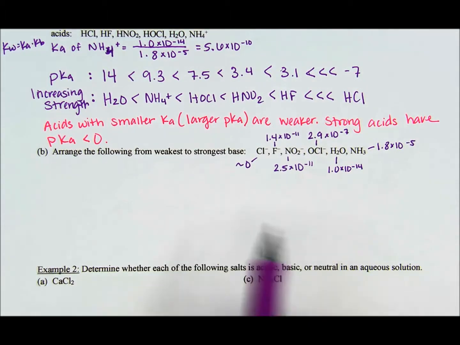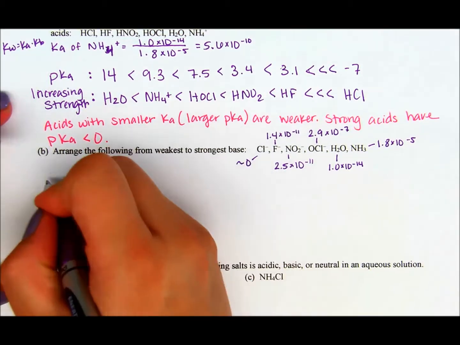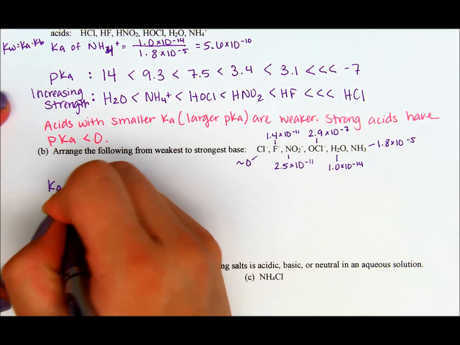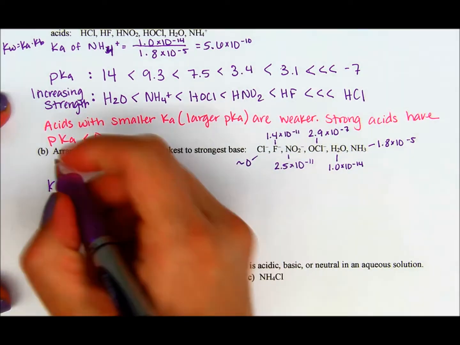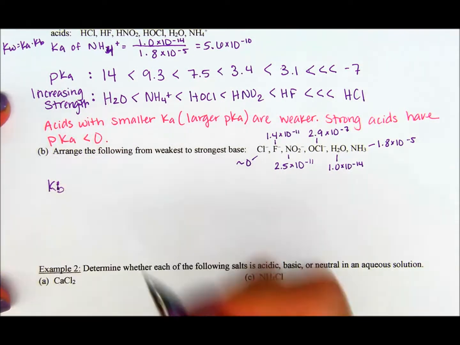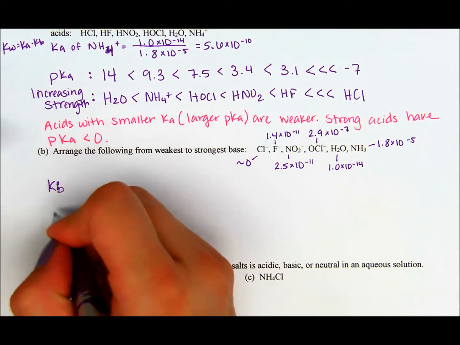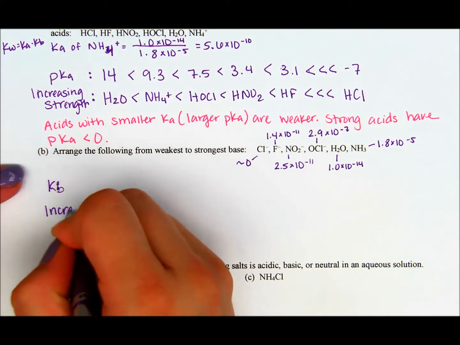Okay, so you can see I've written all of my Kbs here, so go ahead and pause it and check to make sure that yours are correct. So the Ks, remember, with the smaller Ka or the smaller Kb, those ones are going to be the weakest. So let's do Kb here, and we're going to write these in order of increasing